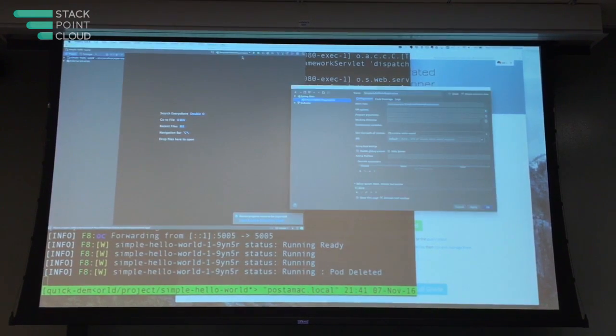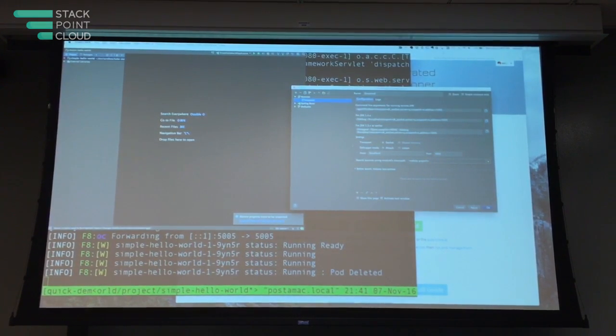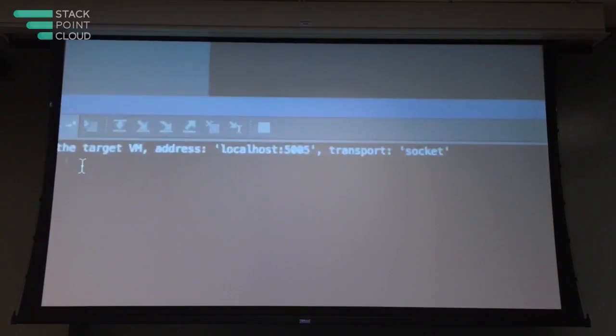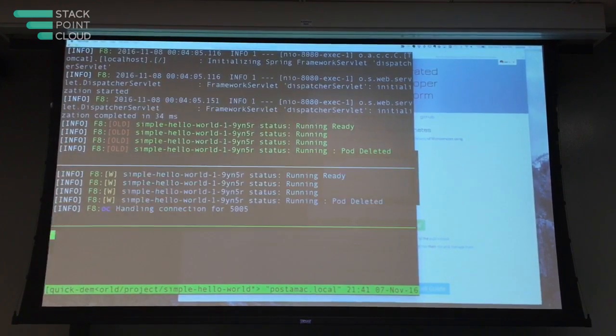You guys probably can't see this. I can barely see it. Remote. Do whatever. Apply. Okay. Yeah, and then do debug. We can see right here that it's connecting. It connected to our debug port. And now if we